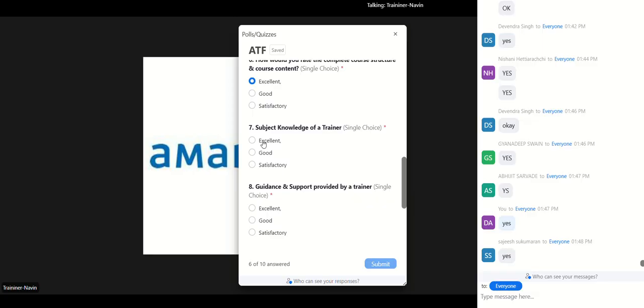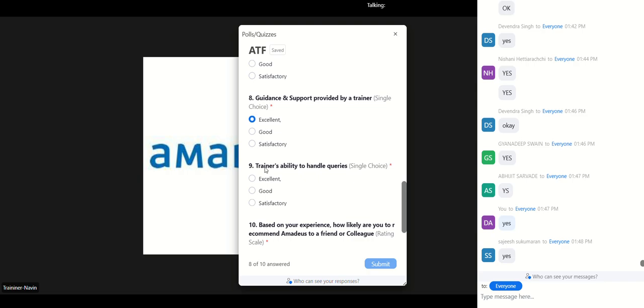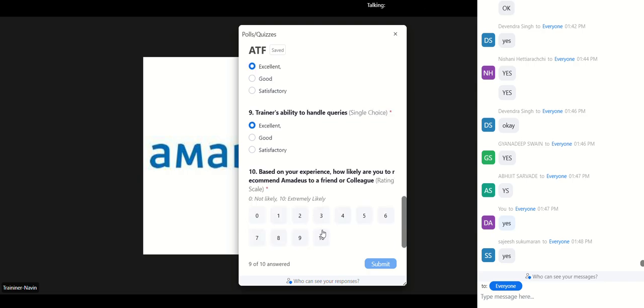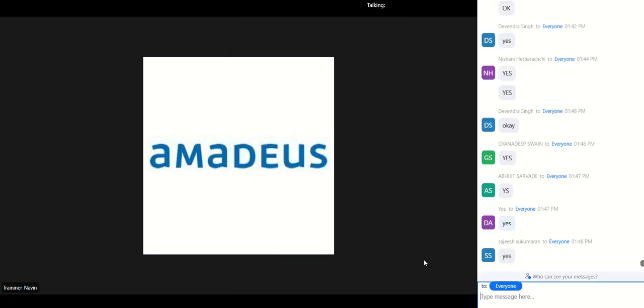And those who have participated in the poll can leave the session. And once I end the session, they will also receive a feedback survey on their browser. Please do participate in the feedback survey, from the last 3 days, what you are participating, how you are participating, how you are providing the